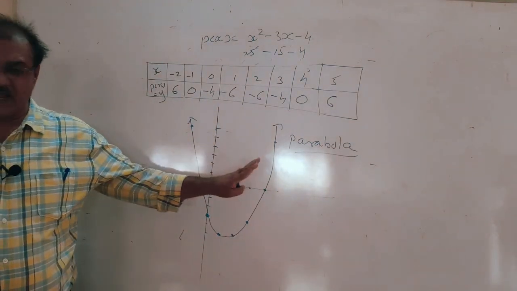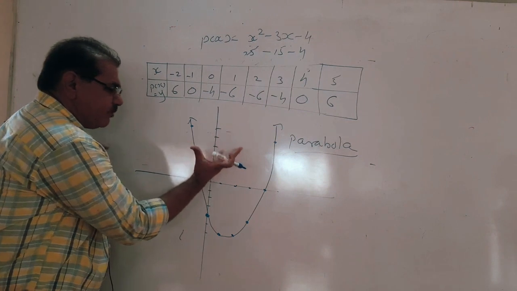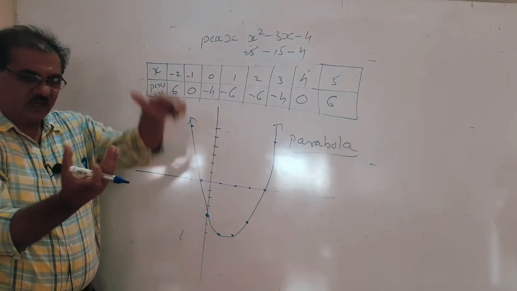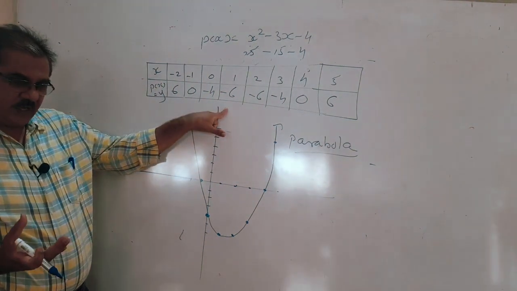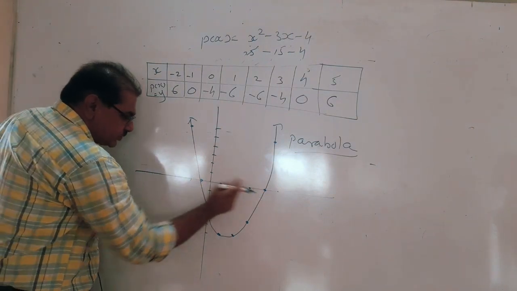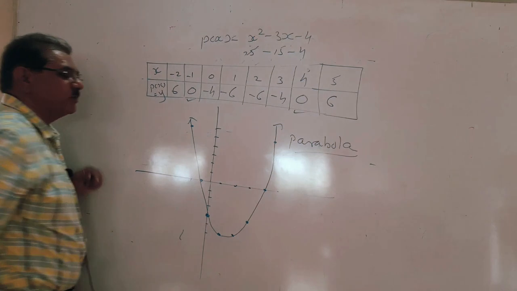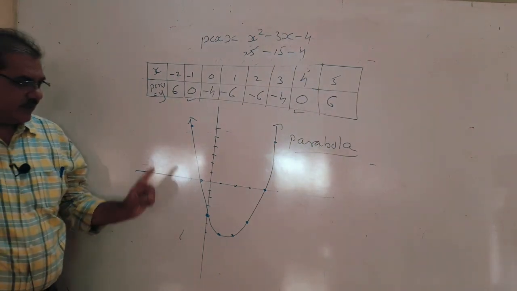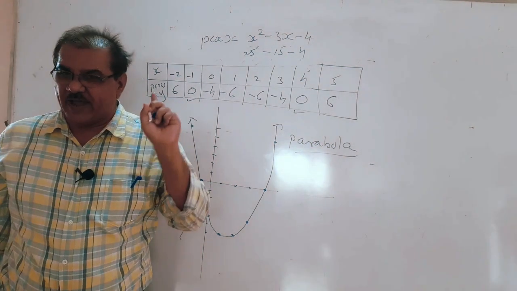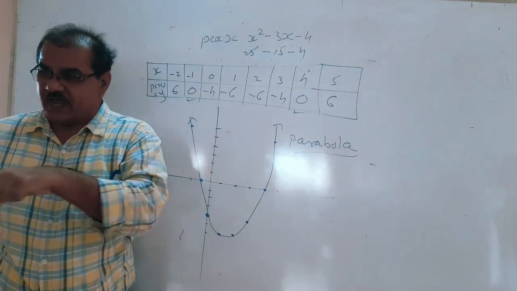Parabolas are of different types. Here, this parabola is called a parabola open upwards, and it intersects the x-axis at two different points. So these 2 points are the zeros of this polynomial. Is it clear? Now through the picture, I will try to show the different types of parabola we get.